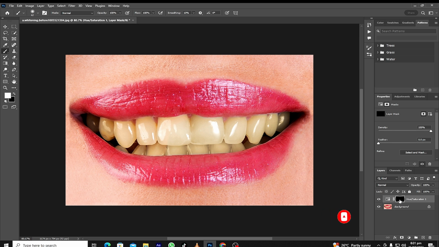Make sure the layer mask is selected here, and paint on the teeth gently, like how I am doing it. Gently, do it gently. Make sure you don't paint on the gum, because the gum is not supposed to be white. It's only the tooth that is supposed to be white. So gently